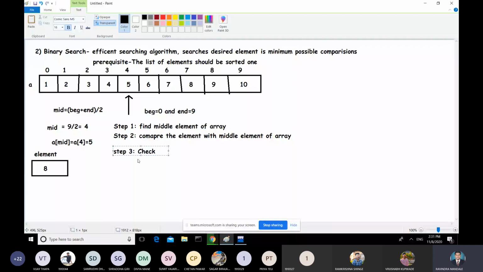Then you need to go ahead and check whether the desired element is less than the middle element of the array. What is the desired element? 8. Is it less than the middle element of the array? Condition true or false?